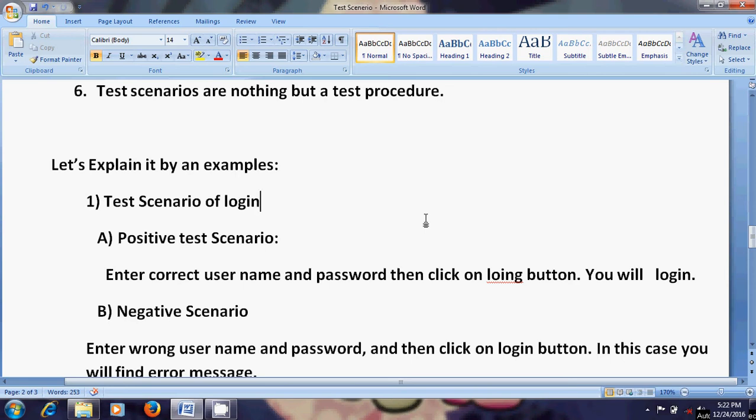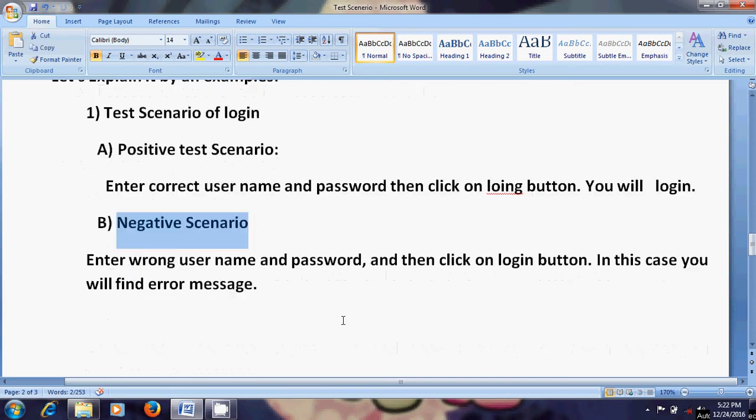Next is the negative test scenario. In that scenario, you enter a wrong username or password and then click on the login button. In that case, you will find an error message.